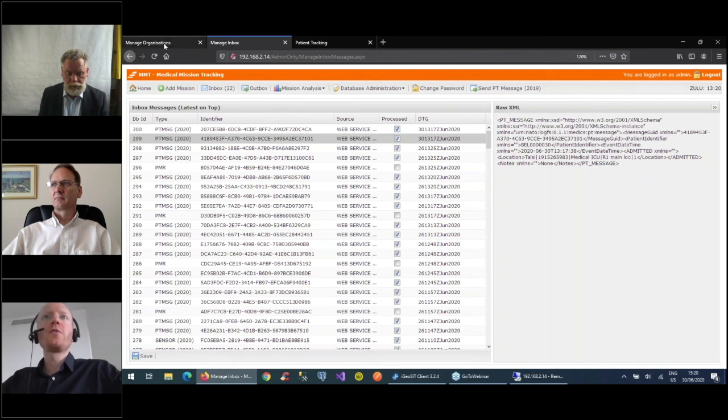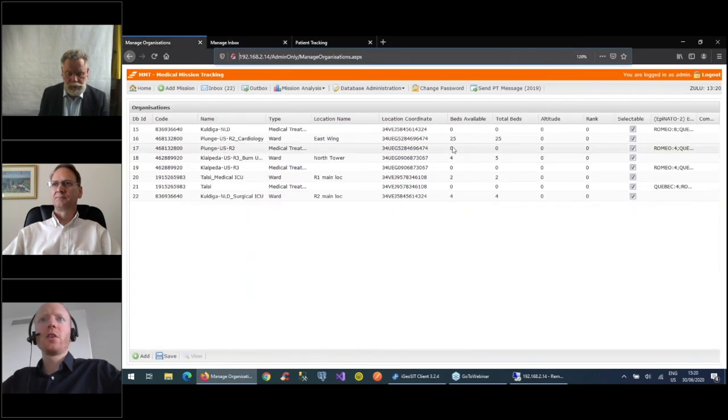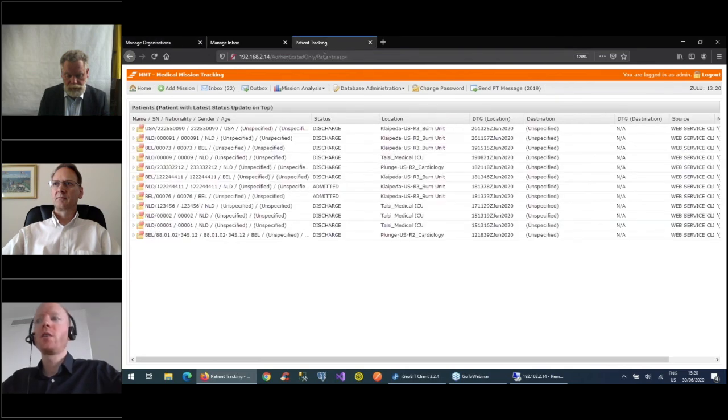What we'll do is switch first to this page, and we're going to look at the MTF, which is this one, and I'll also do a refresh. And what we can see here is that of the 2 beds, only 1 is available, and this is exactly according to what Martin had been doing. And then we're going to switch over to the patient tracking page. I'm also going to do a refresh.